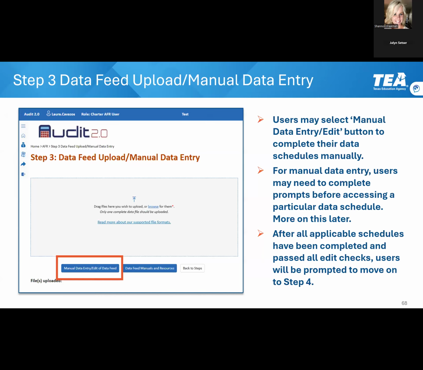If you are not completing a data feed file upload, or you have completed a data feed file upload and maybe needed to end that session and return back to review those schedules, you can select this button here, the manual data entry and edit of the data feed. So in this case, if you have not completed a data feed file upload and you're completing these schedules manually,